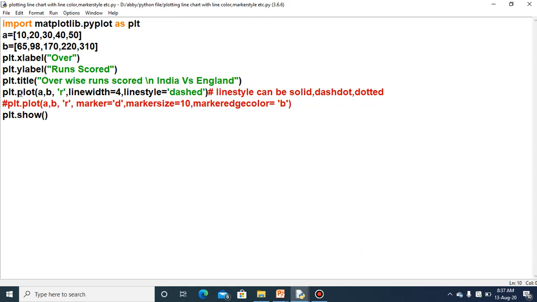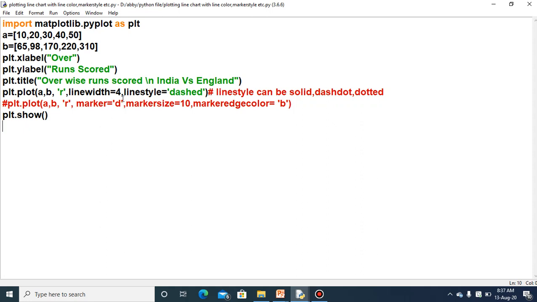And then after plt.plot a comma b, r stands for the line color, linewidth equal to 4, linestyle equal to dashed. As I have told you, there is a different set of color codes mentioned in the book.